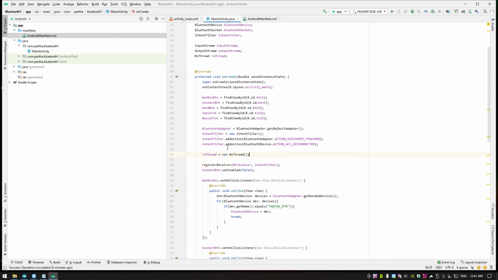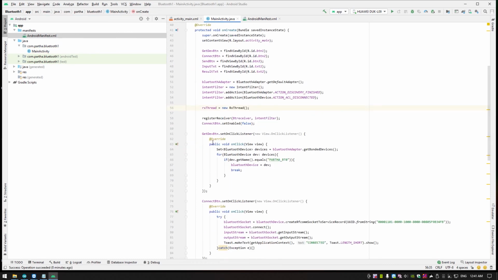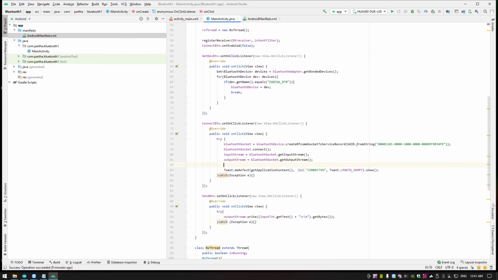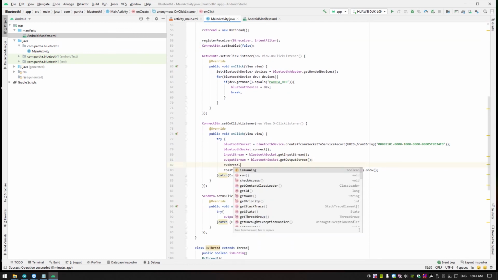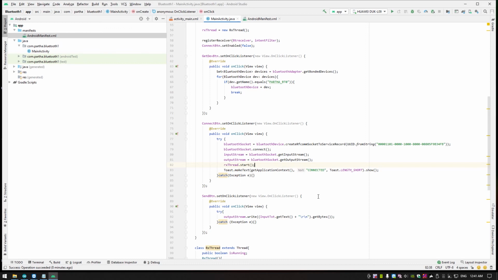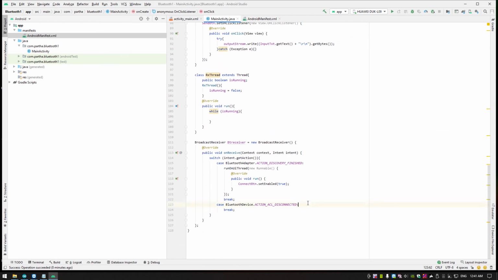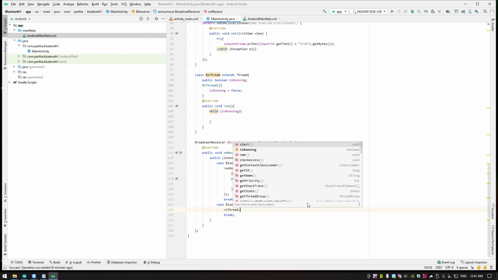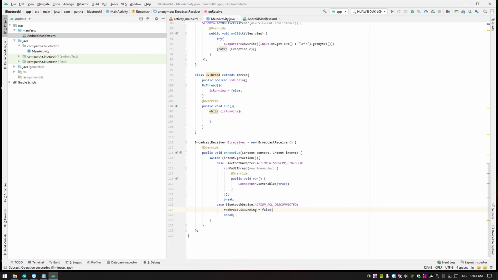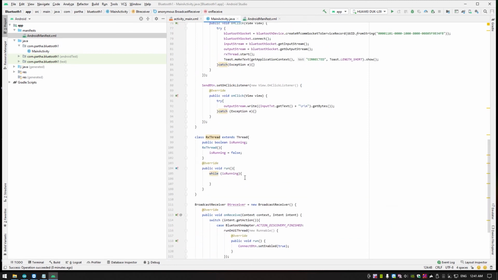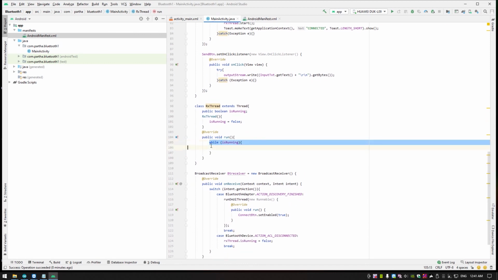Fine. So here the Rx thread we can start. And if it gets disconnected, then it automatically closes if we set Rx thread dot is running to false. Fine, simple. The only thing is all the parsing of the data we have to do here.